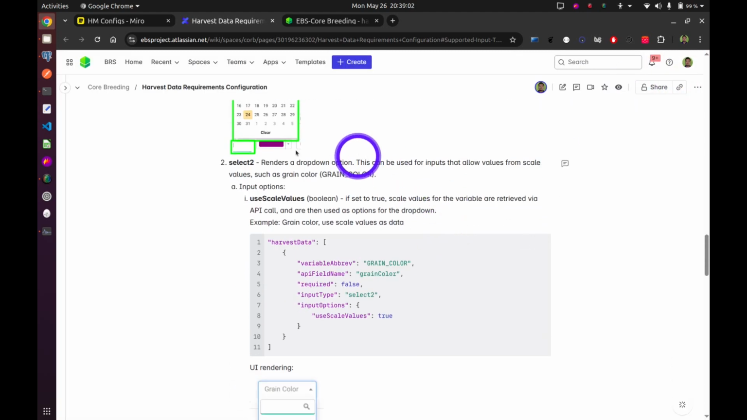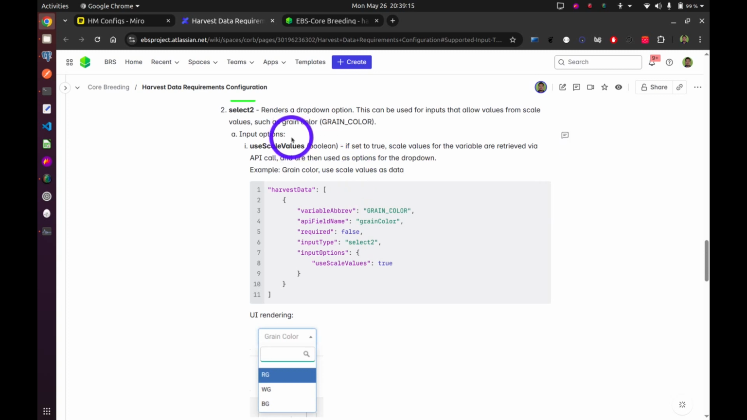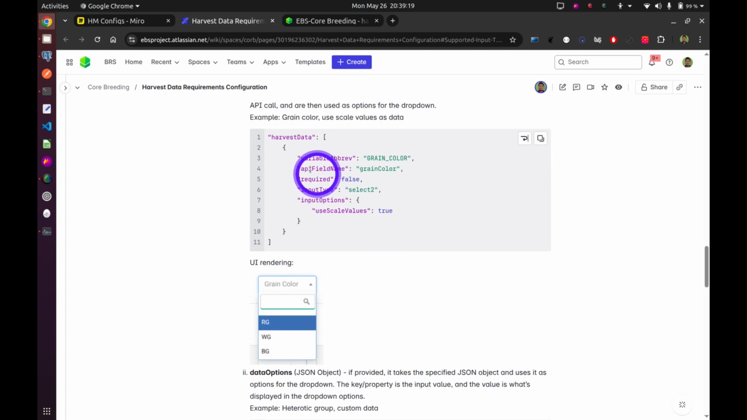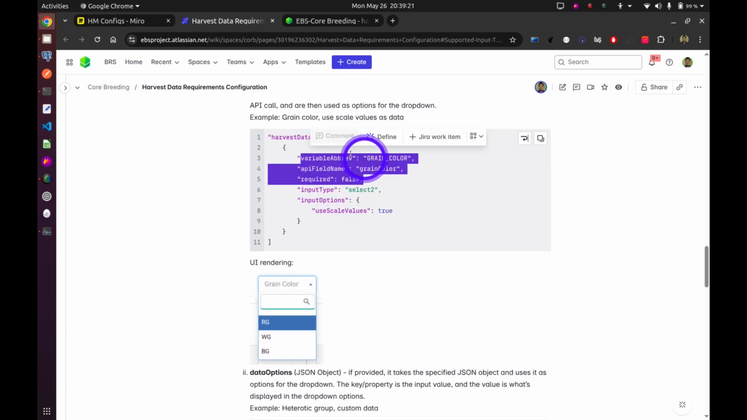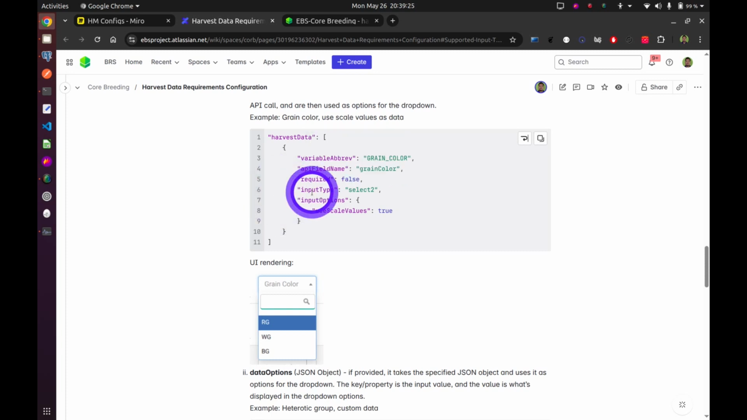Moving on, we have the select to input type, which renders a drop-down option. This can be used for inputs that allow values from scale values, such as in grain color. So to define this in our harvest data requirements, we define it this way. So we have the typical info for variable abbrev, API field name, and required, and then we set input type